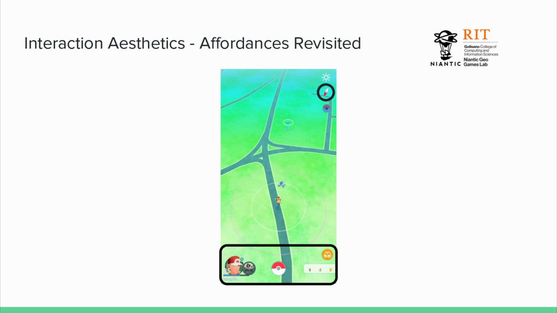On the Pokemon Go main screen, for example, we have a set of buttons at the bottom here. Now, if you look at all these buttons, they're for the most part rounded, right? They're in some cases transparent. There's a little light transparency and a slight drop shadow that's visible that indicate that this is apart from the map itself. This is a thing that we can interact with. And not only that, when we interact with these things, they open up an additional window or dialogue, right? In contrast, we have a compass rose up here. While we can interact with that, it has a different behavior. It snaps the camera to match whatever direction we are physically pointing, right?